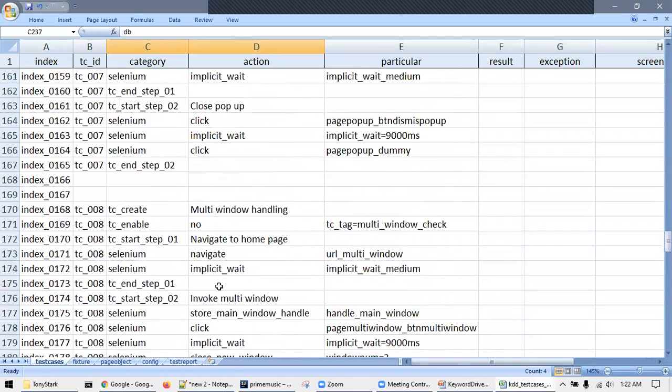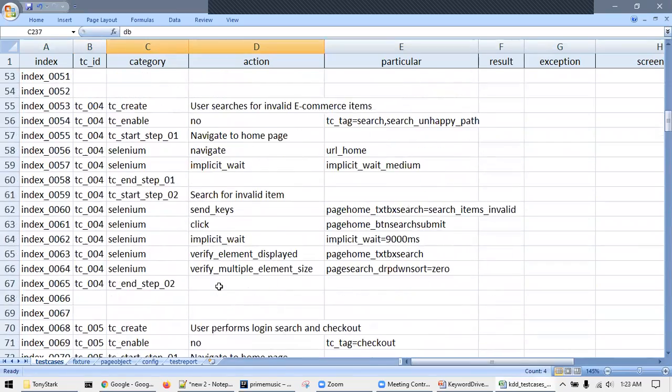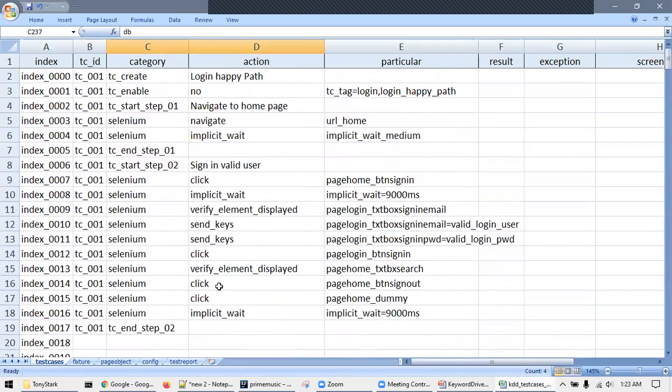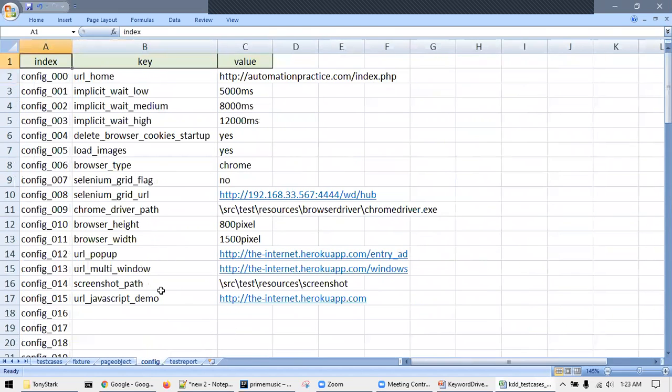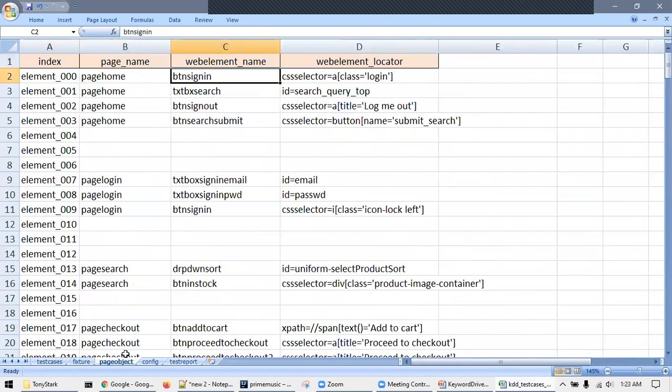Okay, now coming to column E, column name E, the particular. Now before that, let us understand what is happening to this page object and config. When the fixture is called and the page object is processed, the automation is going to consider or copy this page object or config individually and put it in a